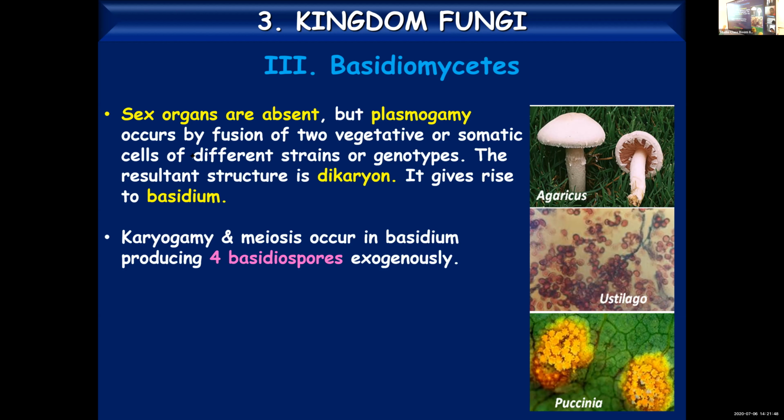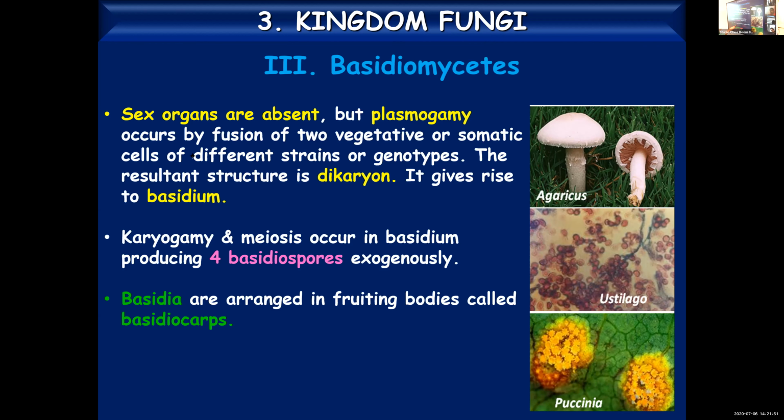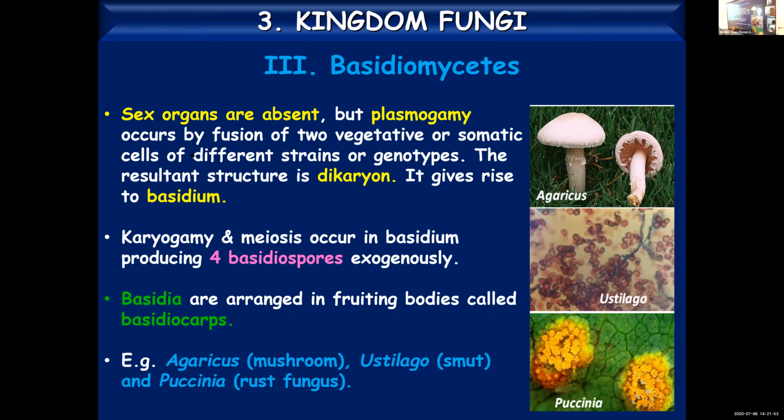And then the next point, basidia are arranged in fruiting bodies known as basidiocarps. Examples are given here: Agaricus, the common mushroom; Ustilago, otherwise known as smut, which causes smut disease; and Puccinia, a rust fungus, which causes the disease rust in cereal crops. So these are the familiar examples of fungi coming under this particular class,